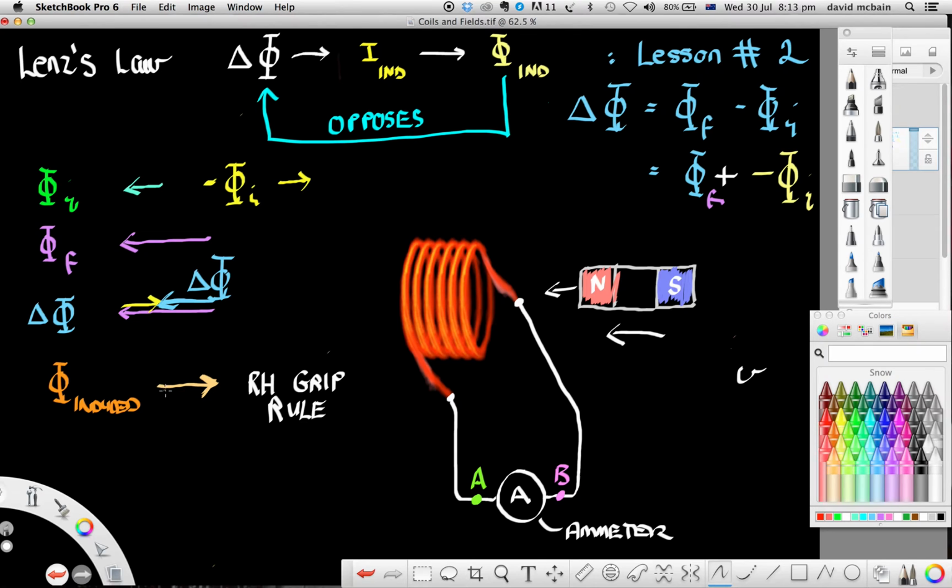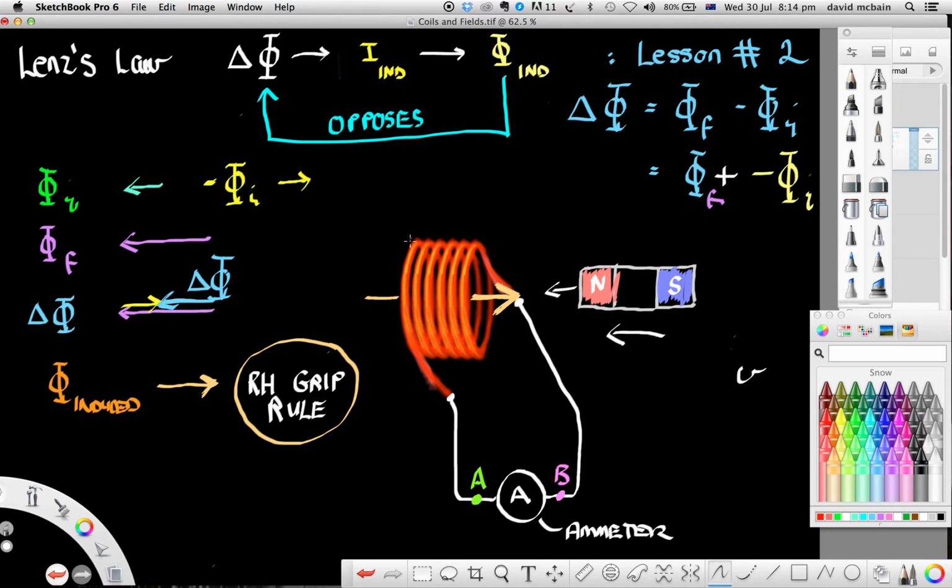So the direction of the induced flux is to the right because it will oppose the change in flux. So the induced flux is going to the right. So that means the coil wants to induce a flux that passes through the coil in that direction. So what you now need to do is grip any part of this conductor with your right hand using your right-hand grip rule. You need to grip any part of this conductor so that your fingers are pointing in the direction of the field of the induced flux. So in other words, if I want to use my right hand,